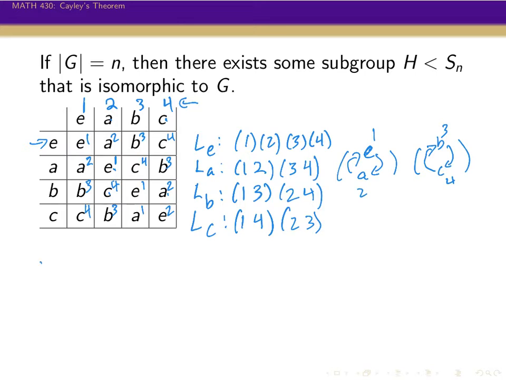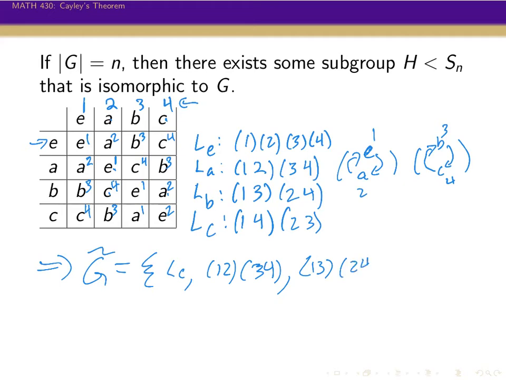And so our group G tilde here, we can think of as being the identity and the products of 2 cycles: (1 2)(3 4), (1 3)(2 4), and (1 4)(2 3). And so this is our group. This is a group of permutations that is isomorphic to the Klein 4 group,